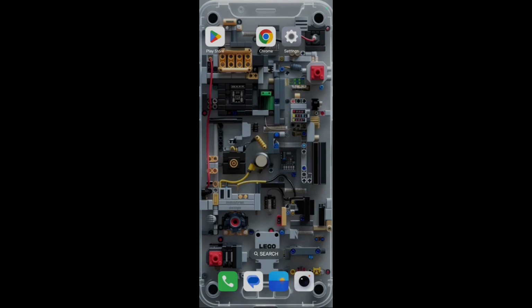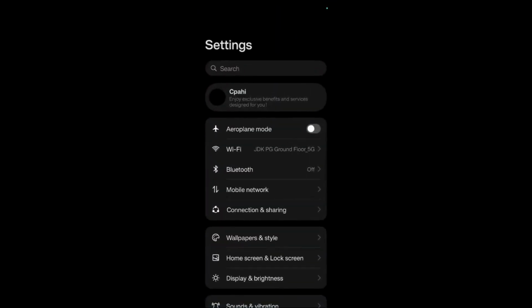phone call. So in order to enable this particular setting, the first thing that you will need to do is simply tap and open your device settings. Also do make sure that I am showing these steps in an Android device. For iPhone there are separate steps and it might not be the same for each and every Android device out